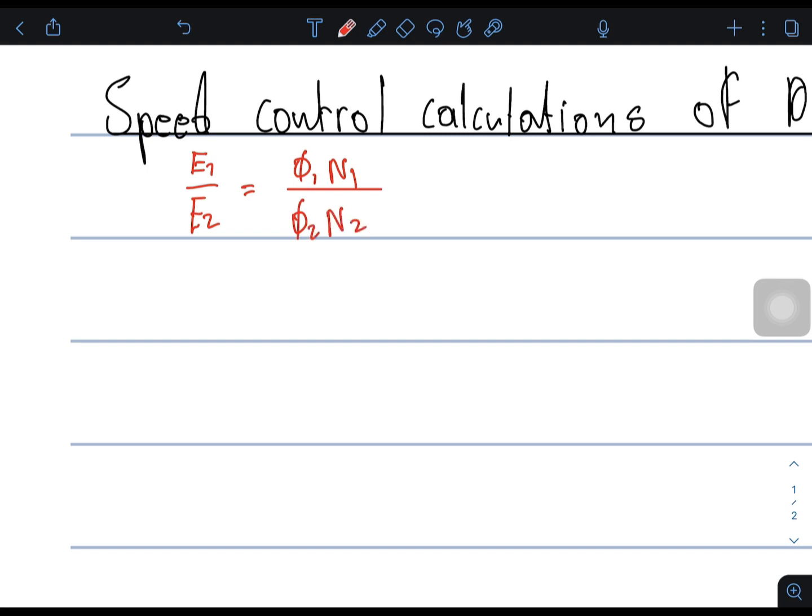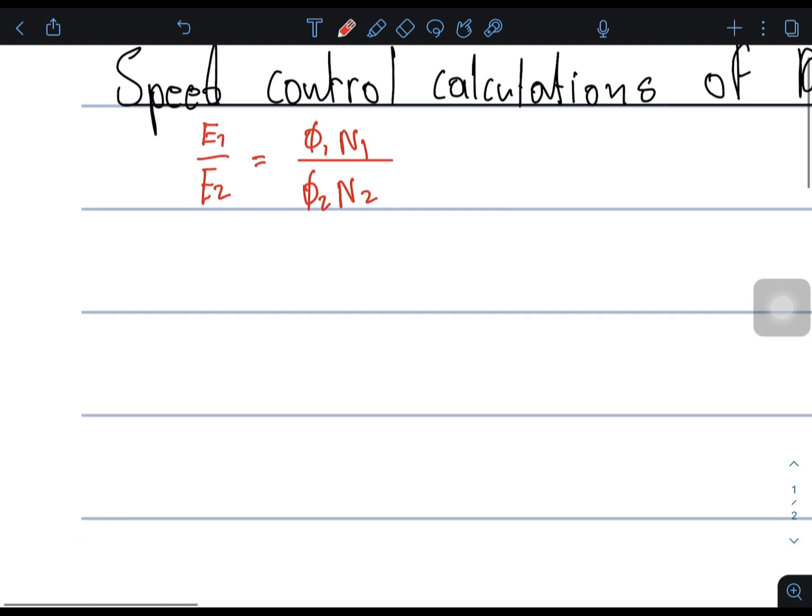Okay, so guys, the motor is operating under two different conditions. Here we have E1, E2, flux 1, flux 2, N1, N2. For example, if the motor had a certain back EMF and then the back EMF changed to another value, or the flux changed to another value. So E1